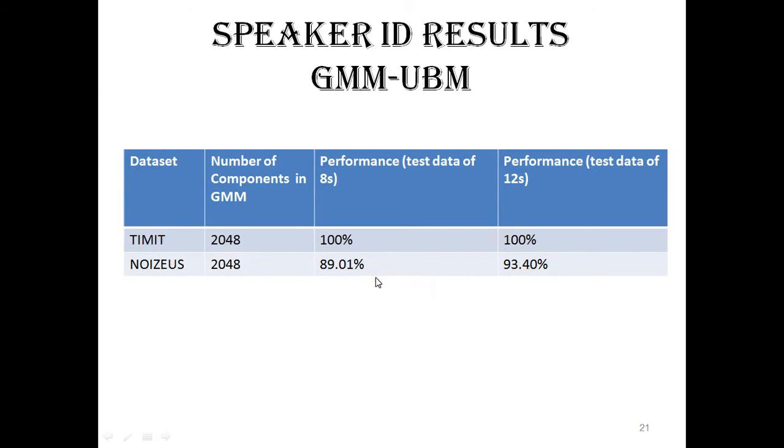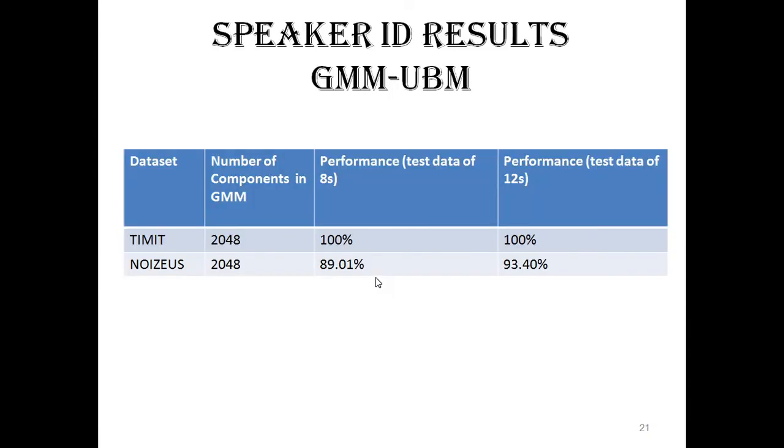We see a drastic increase in the performance when we switch to the universal background model system from the baseline system, because in the UBM system we have this advantage that the conglomerate of all the models present in the data set provides us with the opportunity to distinguish speakers with more clarity. So that essentially translates to getting a better system identification accuracy.